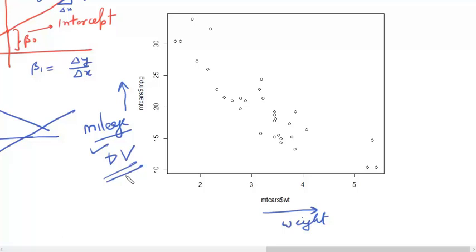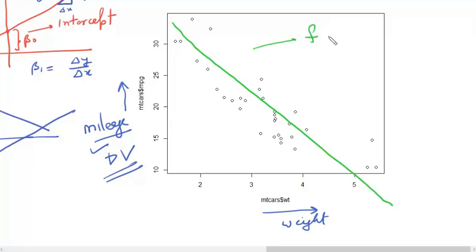Now if we have to find a relationship, mileage is my dependent variable. I want to find out what the mileage of a car would be given its weight, and this is my independent variable which I can directly measure. If I want to find a relationship between the weight of a car and the mileage the car gives, we can guess that the relationship would be very close to a straight line. If I have to draw the relationship here, it would closely resemble a straight line like this.